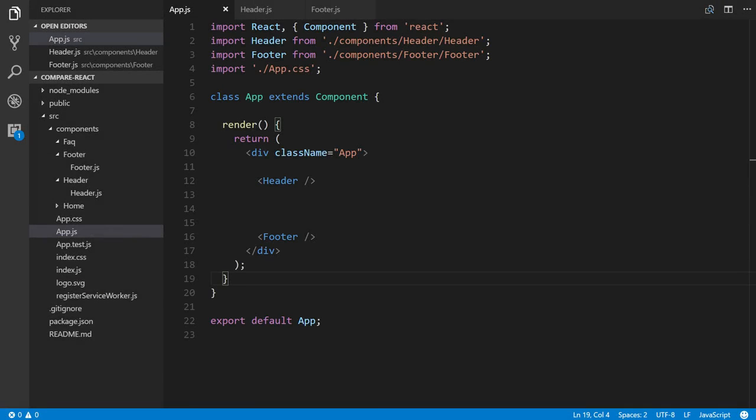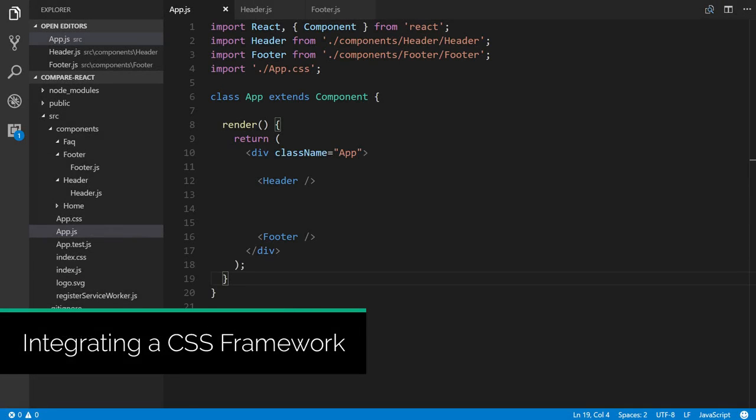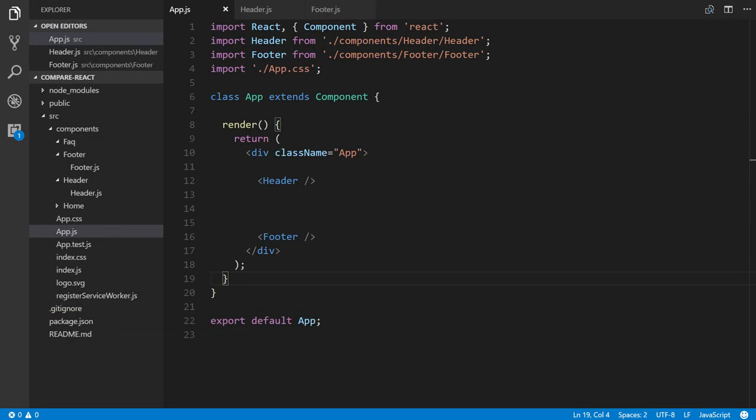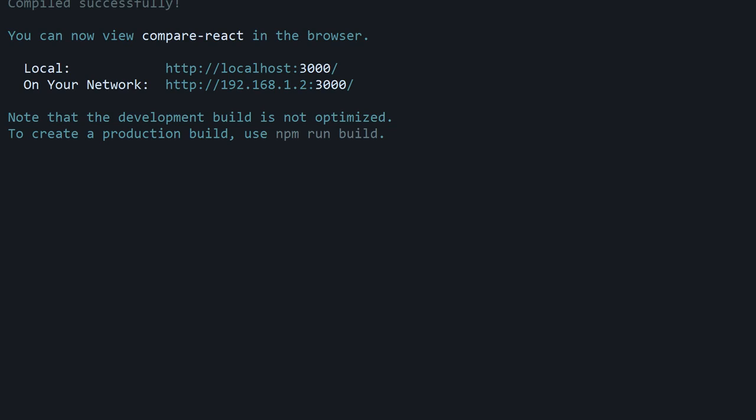Okay, so the next step in order to integrate Bulma, which is a CSS framework, is to use npm to install it in order to give our app local access to the Bulma framework. Now, this process is the same across all three of the frameworks and libraries that we're using, which is React, Vue, and Angular. So to do that, we're going to head on over to our console,